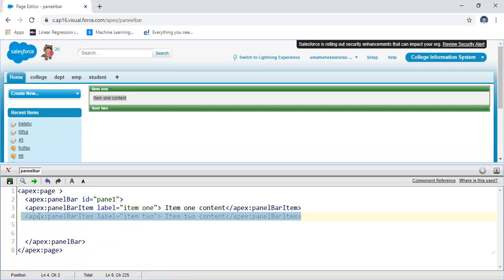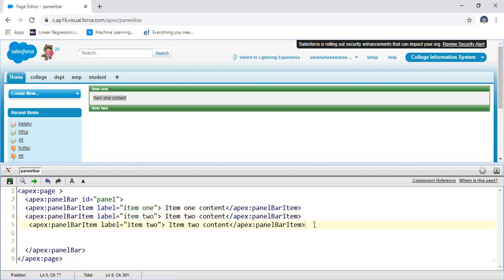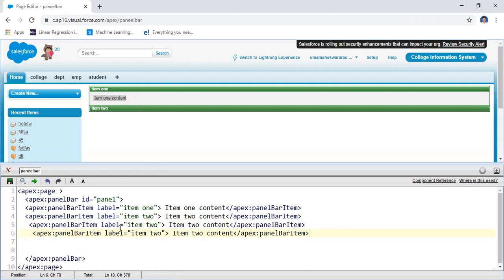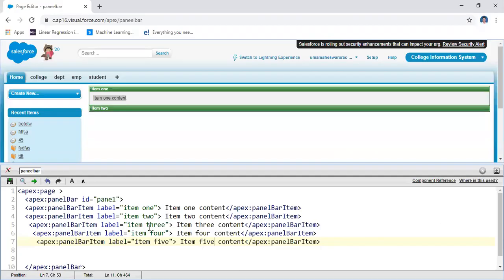For example, item 3 and the content of item 3.